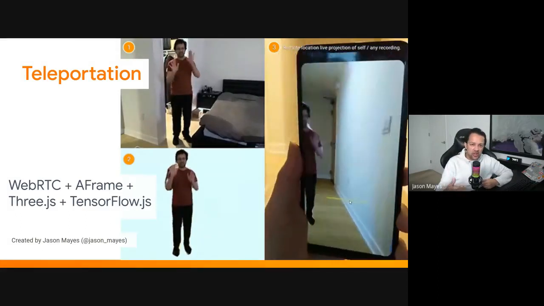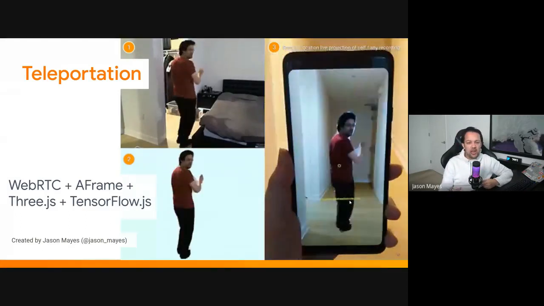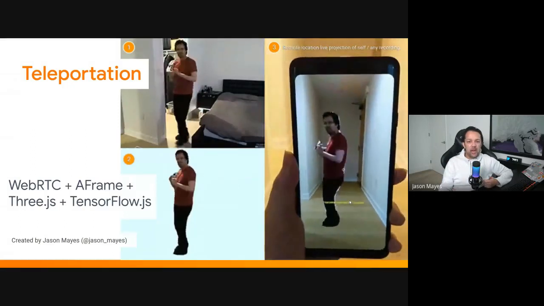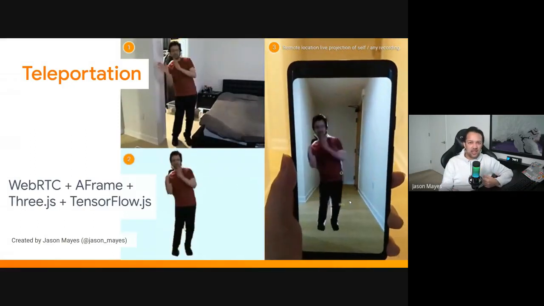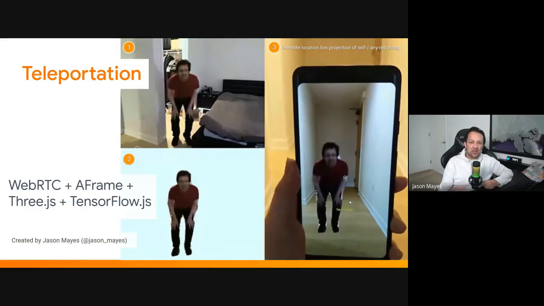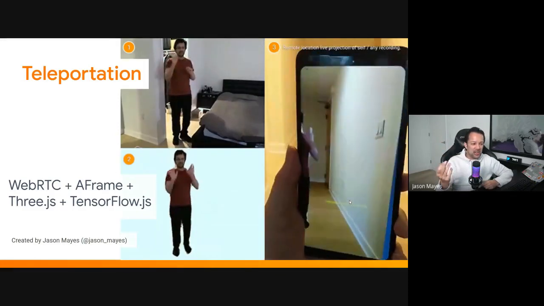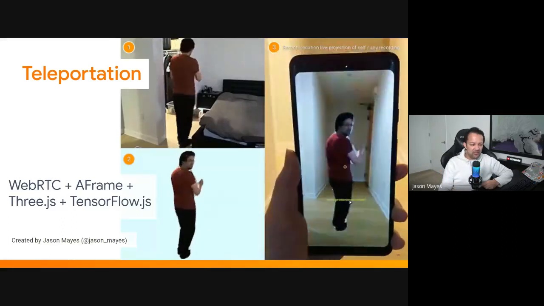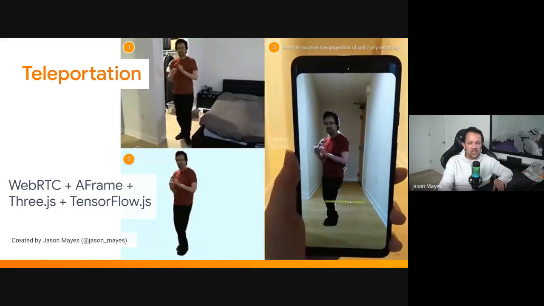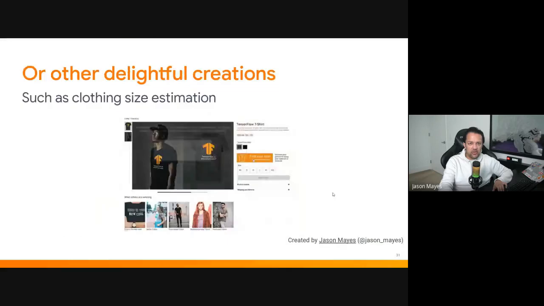And in the future, I believe we will have AR glasses that people will be wearing, which are much more commonplace as they start to get more stylish. And instead of having to hold your mobile phone up like you see here, you can just summon someone to be projected in front of you as if they're teleported right in front of you. And I think that's the future of communication as humans as we go forwards.